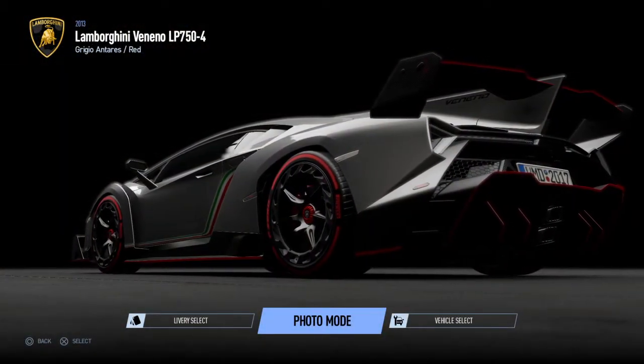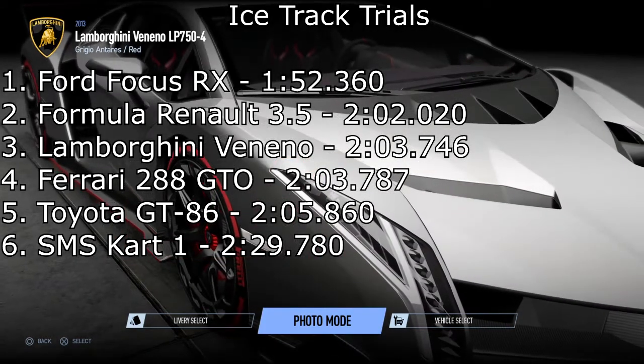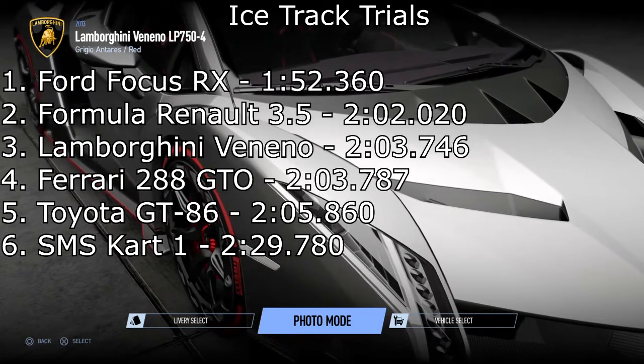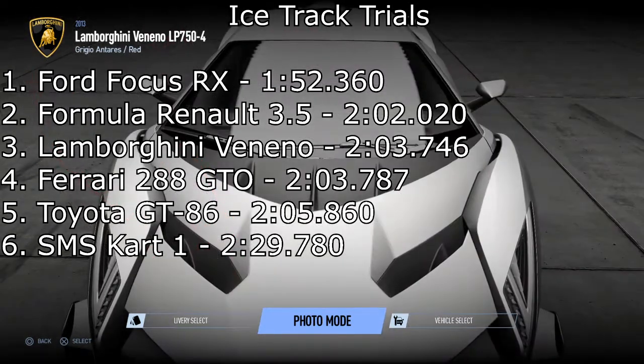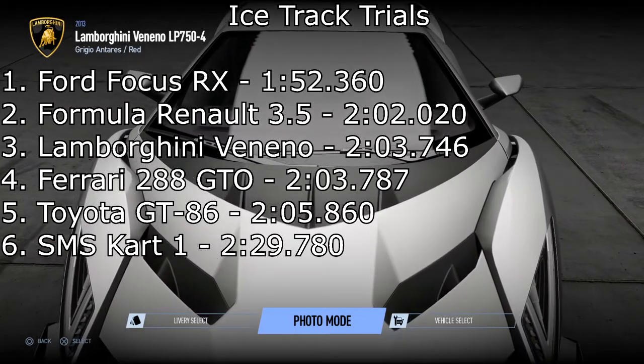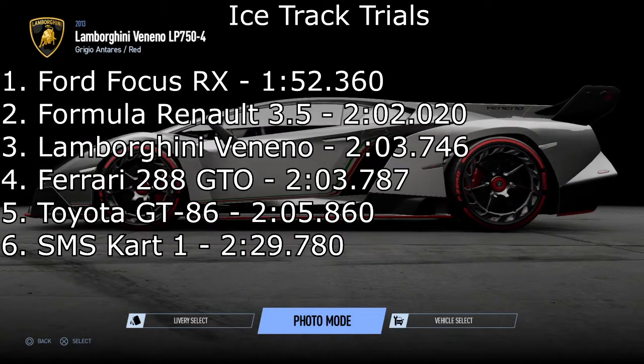So now we get on to the times, and well, our winner for today at least is the Formula Renault 3.5 with a 2 minute 2.020. A lot of 2's and 0's in that time. Yeah, I mean, once again, it's not suited to this track, of course. It's an F1 car, but it can carry a little bit more speed around the corners when you get it